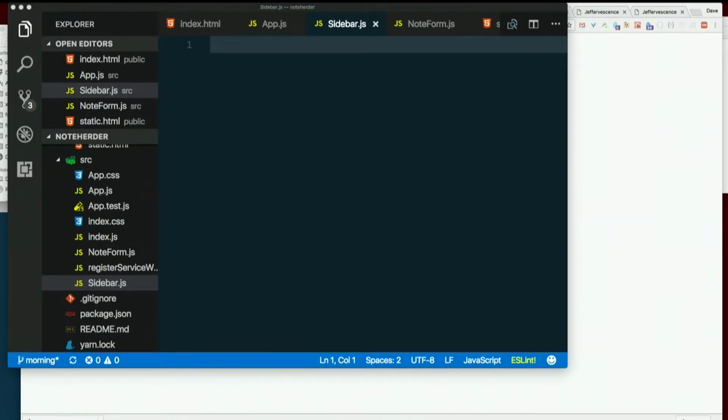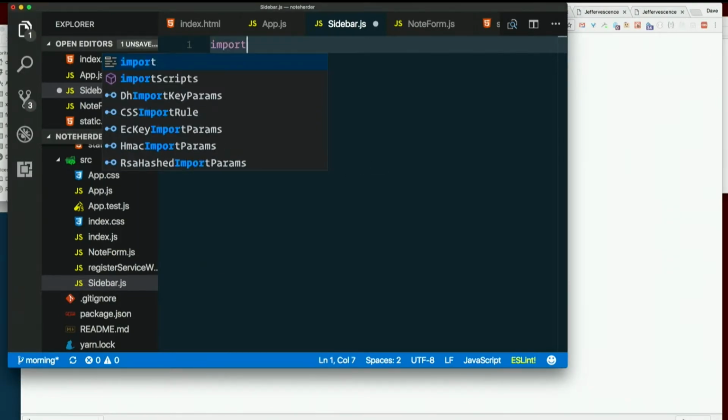Maybe. I am missing a file. I still need to import React, regardless,